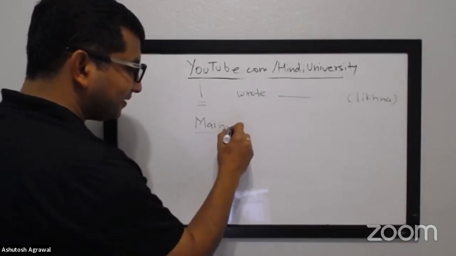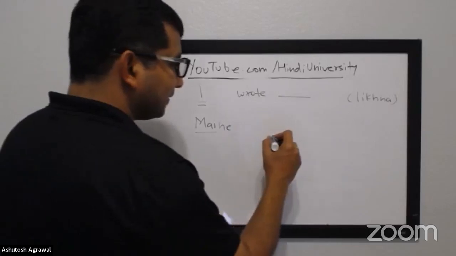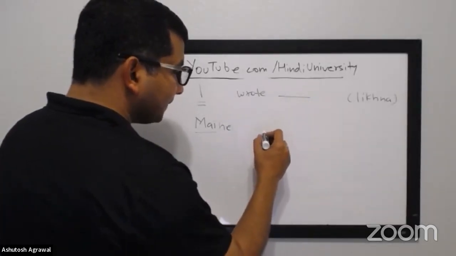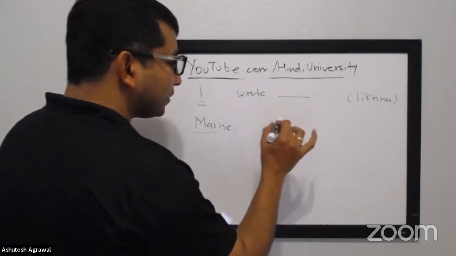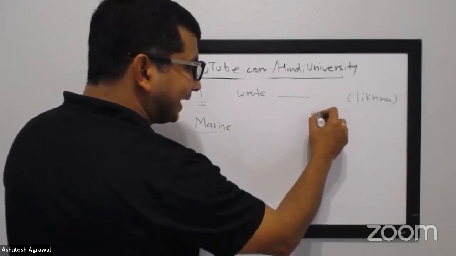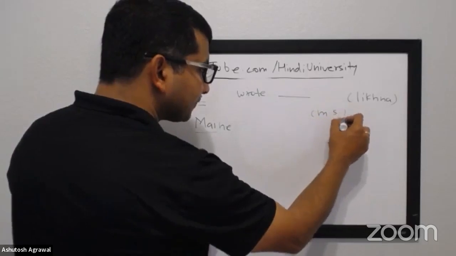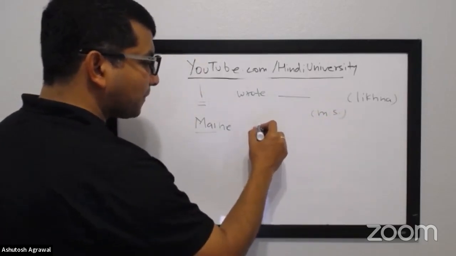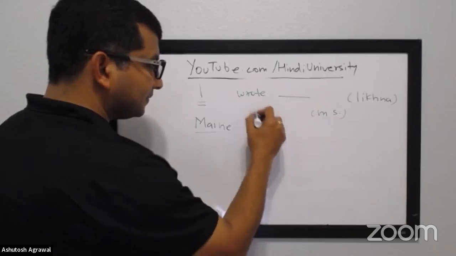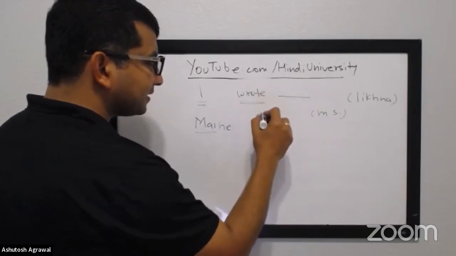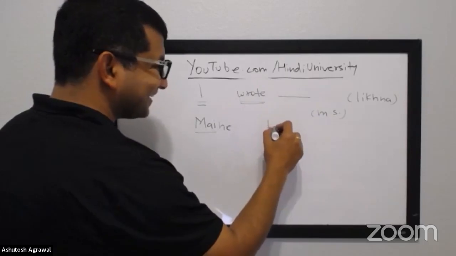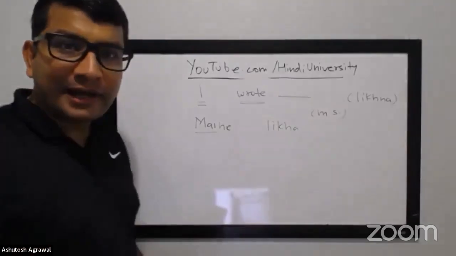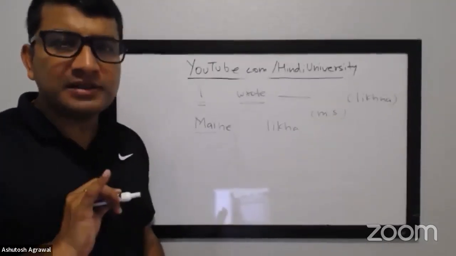मैंने लिखी, that should be... There is no defined object. So if there is no object given, by default it goes to masculine singular. Oh yes. So you'll say मैंने. To write is, oh right, लिखा. मैंने लिखा. Okay. Very good. So you and I will say the same thing. You will say मैंने लिखा. I will say मैंने लिखा.